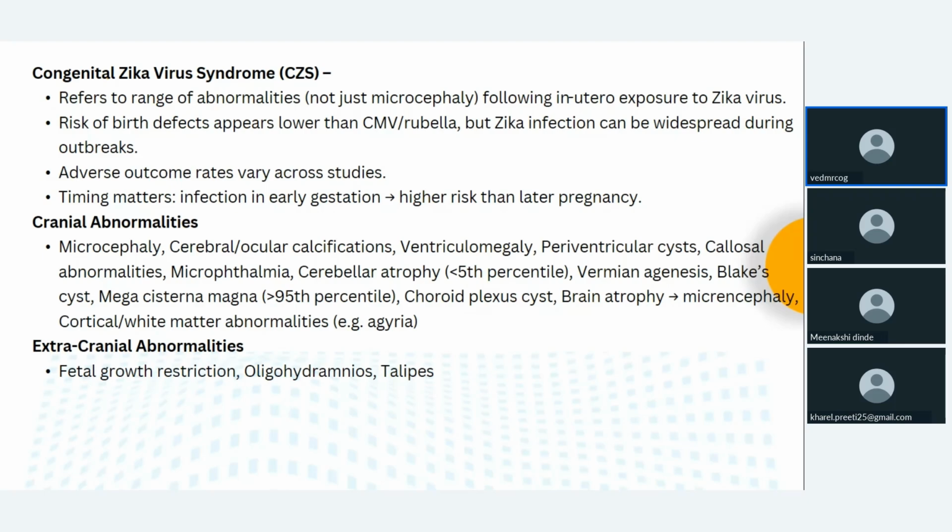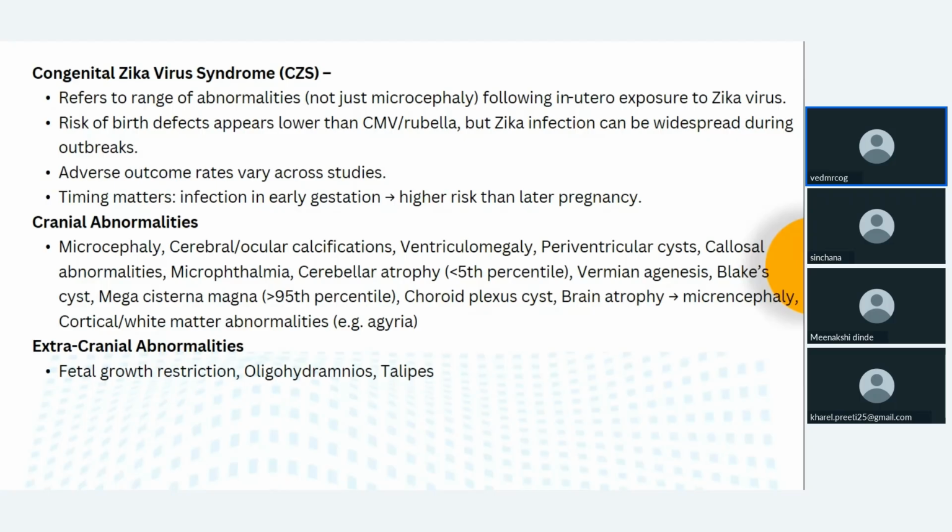Then cranial abnormalities could be microcephaly, cerebral and ocular calcifications, ventriculomegaly, periventricular cyst, callosal abnormalities, microphthalmia, cerebral atrophy that is less than 5th percentile, vermian agenesis, Blake's pouch cyst, mega cisterna magna more than 95th percentile, choroid plexus cyst, brain atrophy, microencephaly, cortical white matter abnormalities,